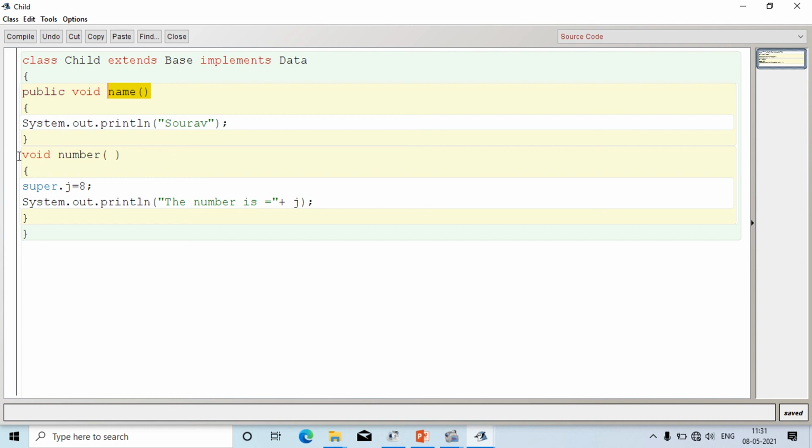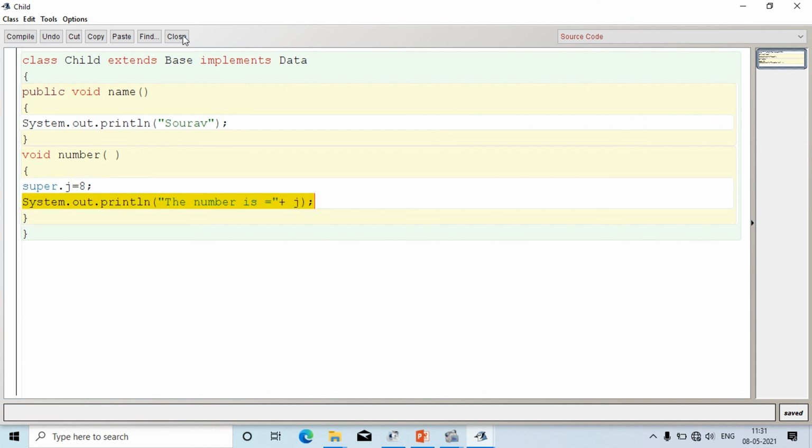Void number, which is overridden, is present inside the base class, and I am accessing the base class variable j, initializing it with 8, and giving a print statement inside.